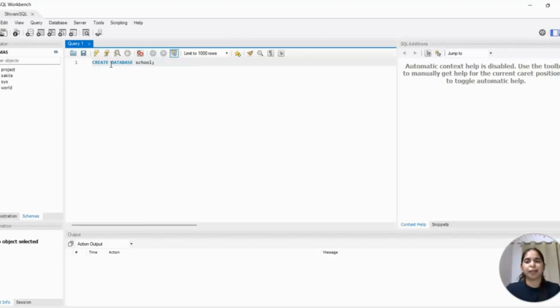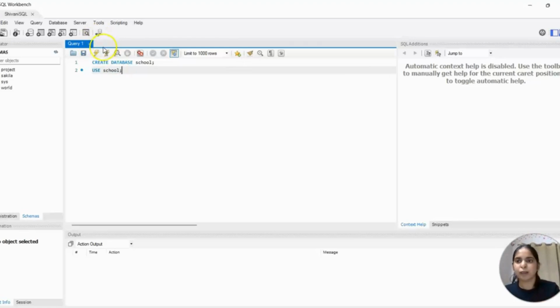Just remember that the semicolon is a very important element of the query, because the semicolon tells MySQL that the command is complete. On the next line I will write use school and then a semicolon. Use school tells MySQL that this is the database we will work on.